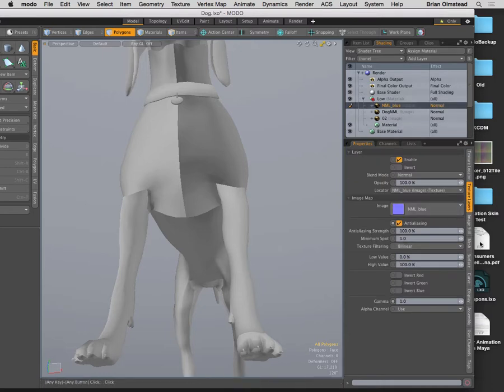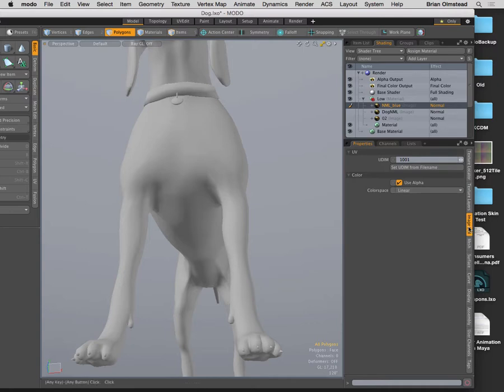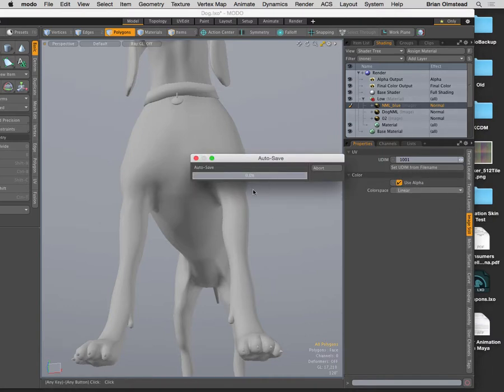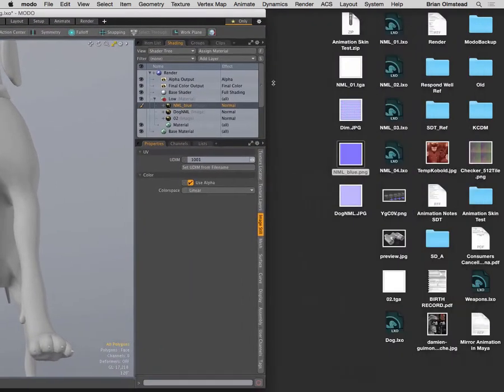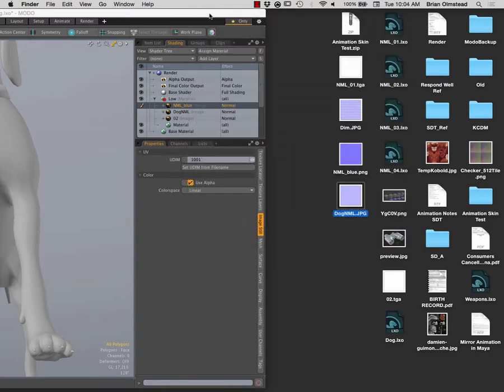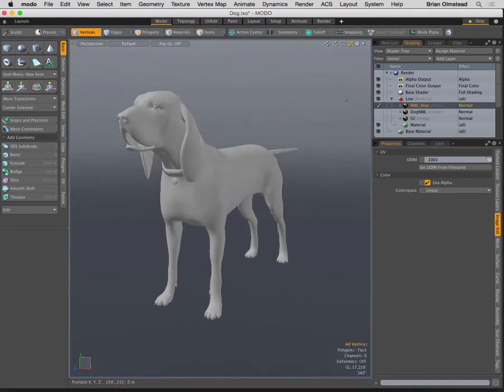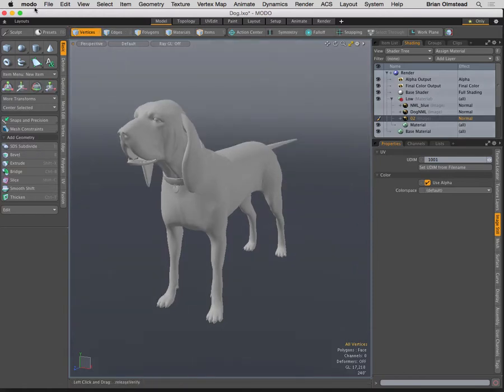So again, in this circumstance, take this guy, the name of your image itself, go to image still right here, and you can change this to linear, and it should fix that issue right away. And again, I baked out technically an improper normal map if I was to use this in another software. So again, we could either set that color to linear before we saved it out, turn this back on, or